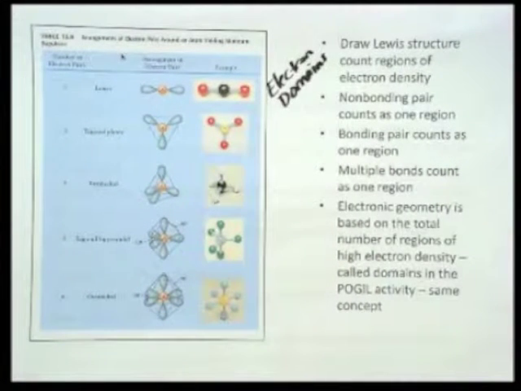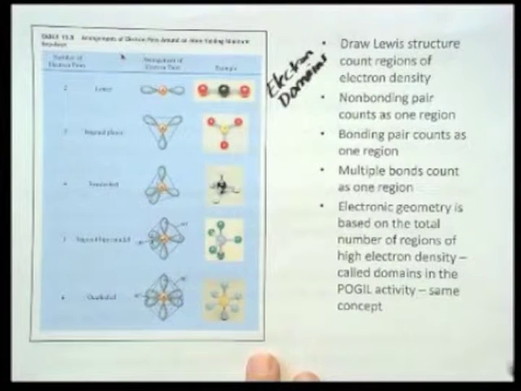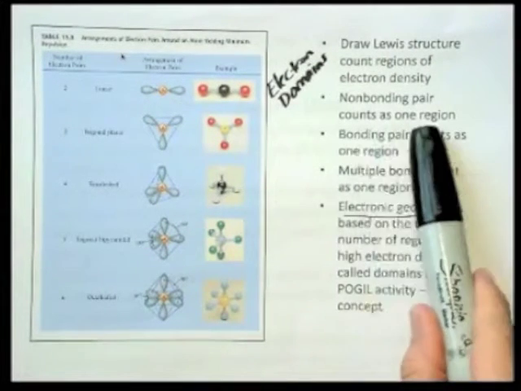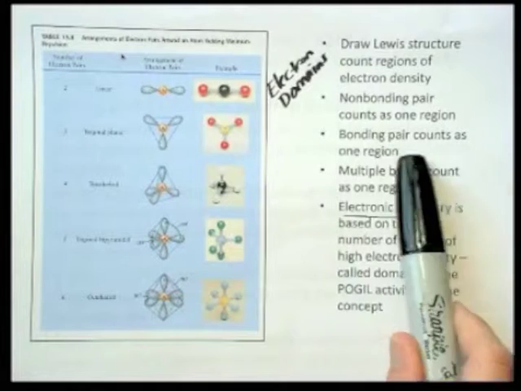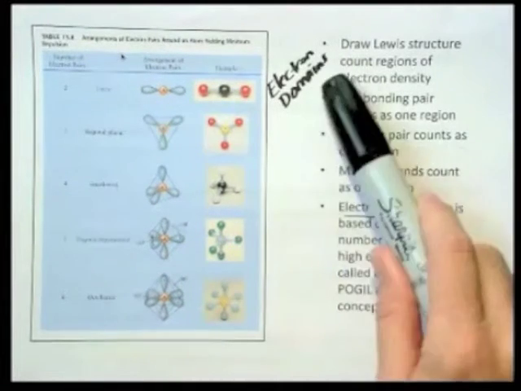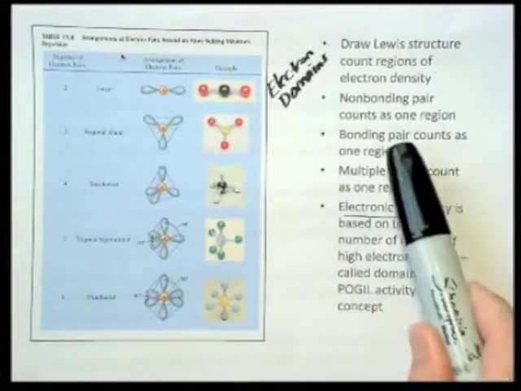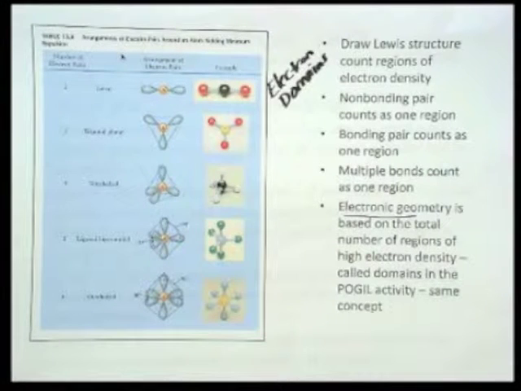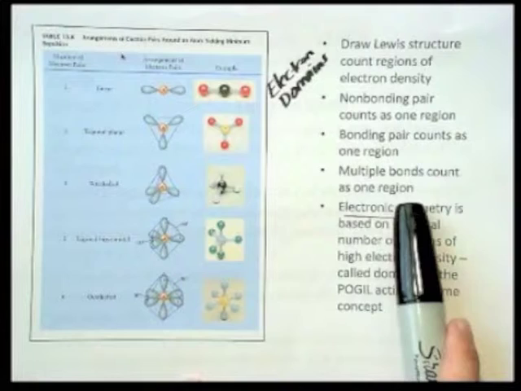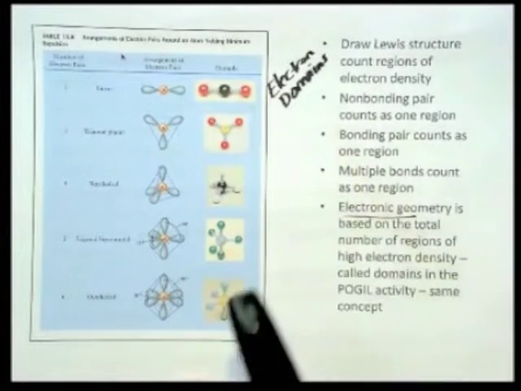Okay, so in order to figure out the electronic geometry of any given molecule, the electronic geometry is telling you where those pairs of electrons, whether they be bonding pairs or non-bonding pairs, reside on the central atom. So non-bonding pairs count as one region or one domain. Bonding pairs count as one region or one domain. Those words, regions or domains, are used interchangeably. It depends on the book, but it's the same concept. And then multiple bonds, of course, count as one region or one domain,